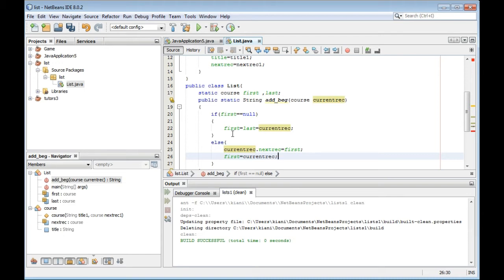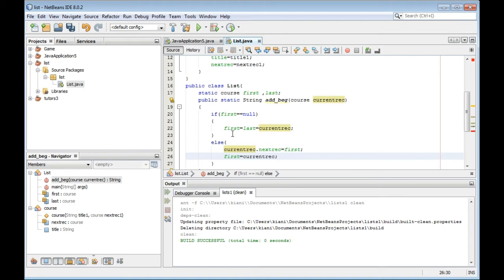Else, if it is the second, third or next record, then current record dot next is equal to first. First was created in the if condition, and now first is current record.